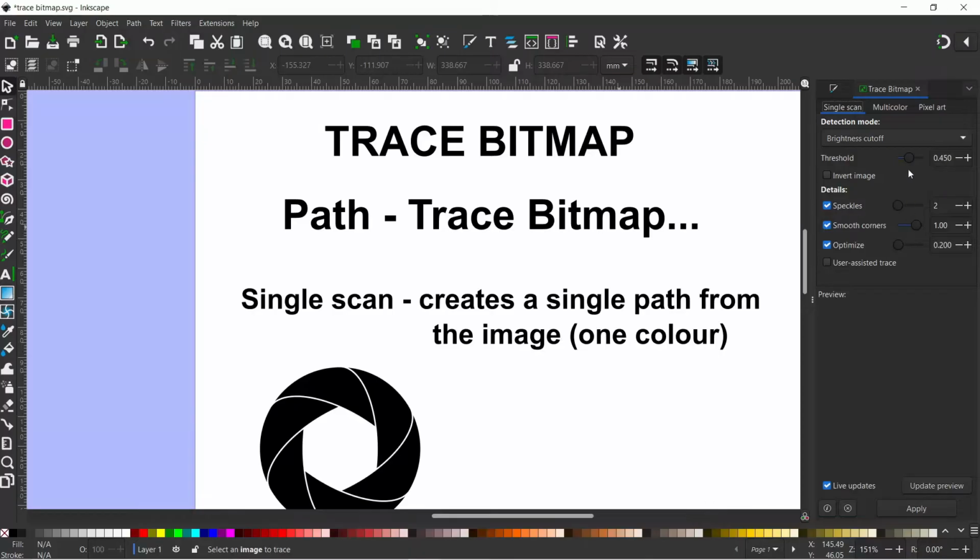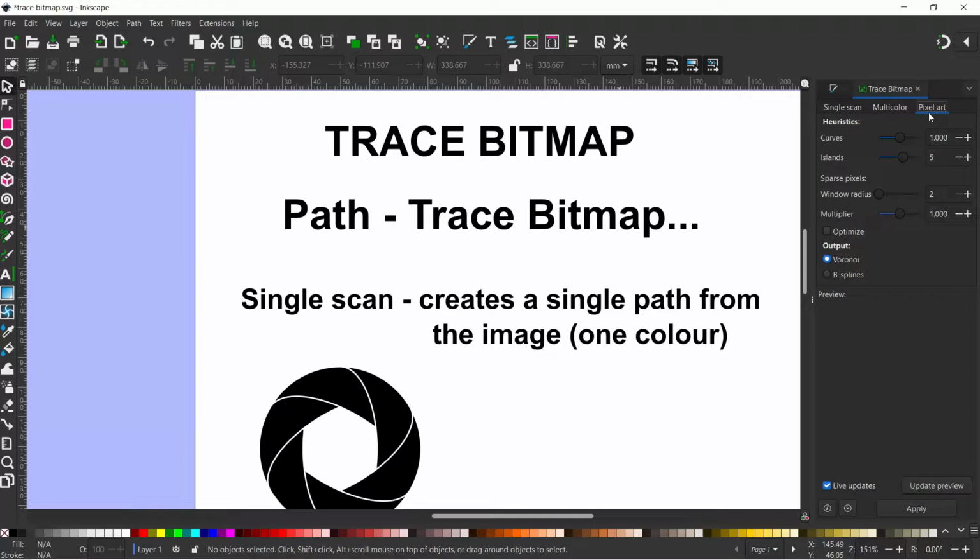Now at the top of our dialog box we've got three different tabs that we can use. The first tab, Single Scan, creates a single path from the image. Multicolor creates multiple paths. We can color them, or have them in different shades of grey. Pixel art is for trying to make a decent picture from pixelated art, like the artwork you used to get on the old-fashioned video games. I'm not going to look at pixel art in this video, I'm mainly going to concentrate on single scan and